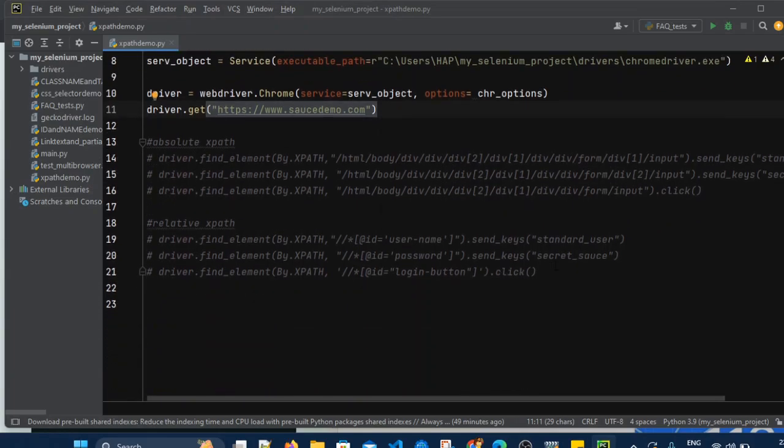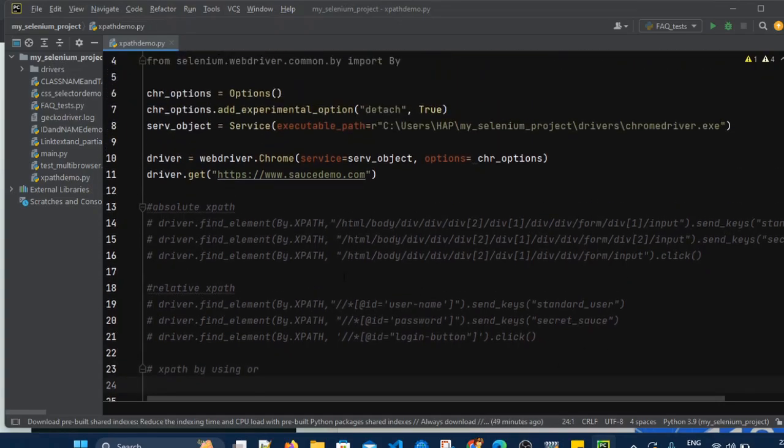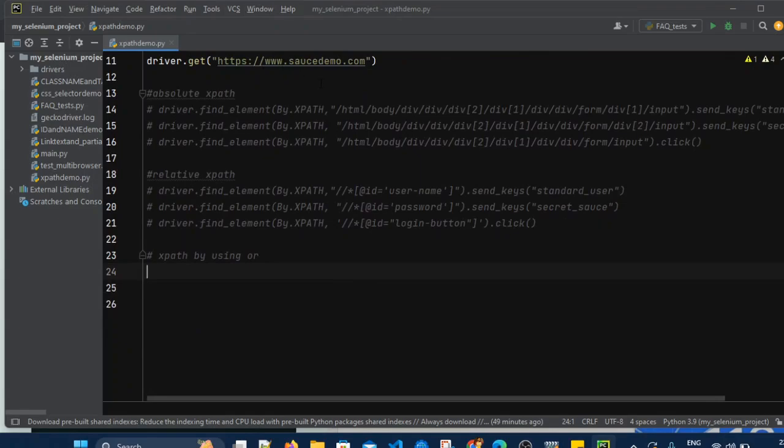After opening this website, we will write the code to find by using OR. So we will use XPath by using OR. So now what we will do, after opening this website, again we have to find username field.